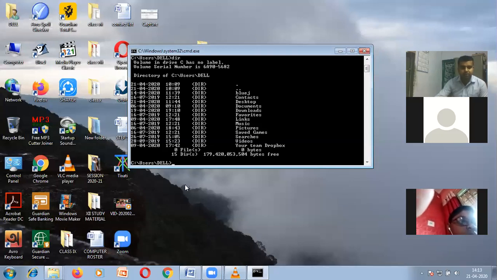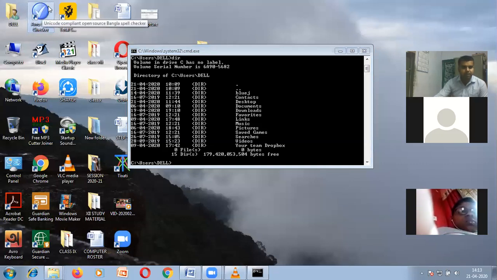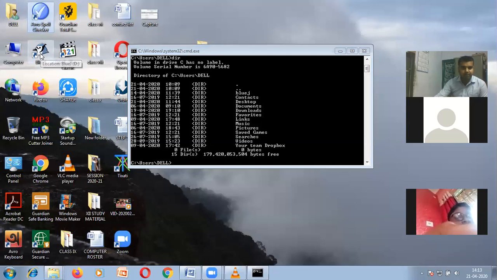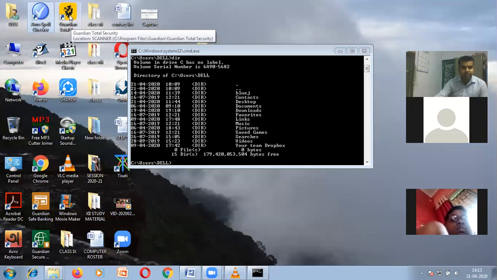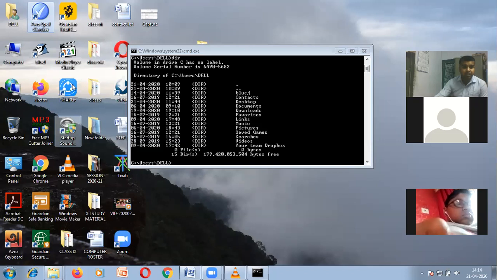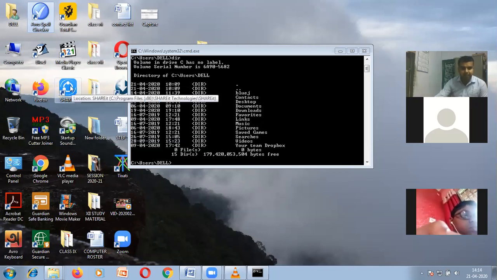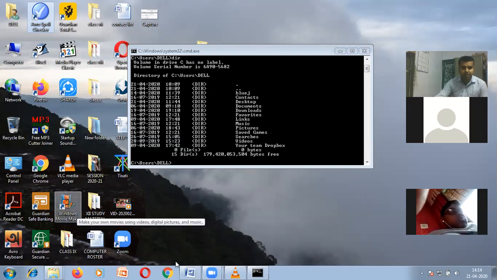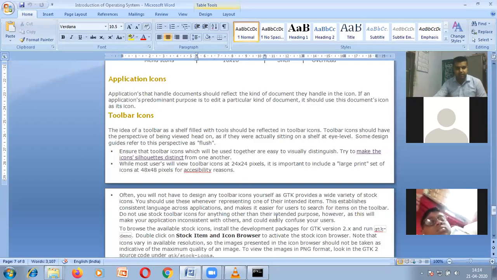So if I have to ask you which are the application icons, then obviously, let's say, Abro spell checker, which is available on your computer, this is known as an application icon. BlueJ is an application icon. Then you have antivirus software, as you can see, this becomes an application icon. Sound Startup, a sound editing software, will be an application icon. Share It is an application icon, because they have their specific software installed on the computer. So the icons which are generated from the application software are known as your application icons.